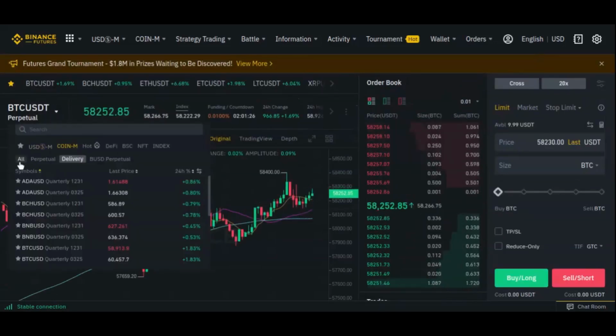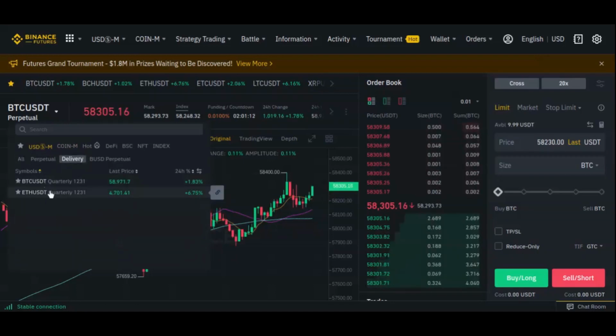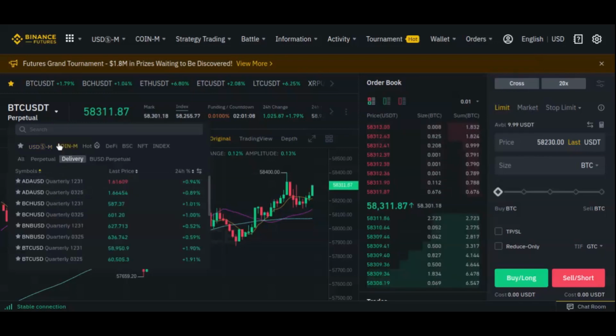In this case, if I choose the USD margin all, I'm going to see the perpetual and the delivery. If I choose perpetual, I can only see the perpetual, and in the delivery section I can choose between BTC and Ethereum quarterly. But if I choose the coin margin, I have a lot of options for quarterly